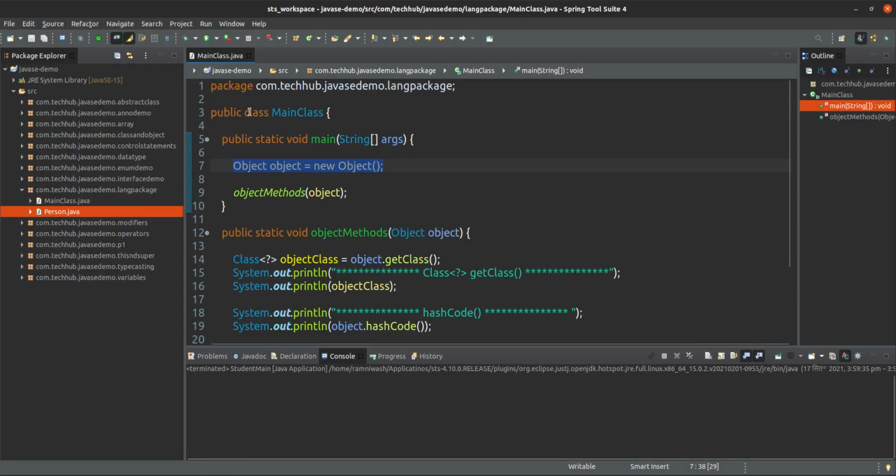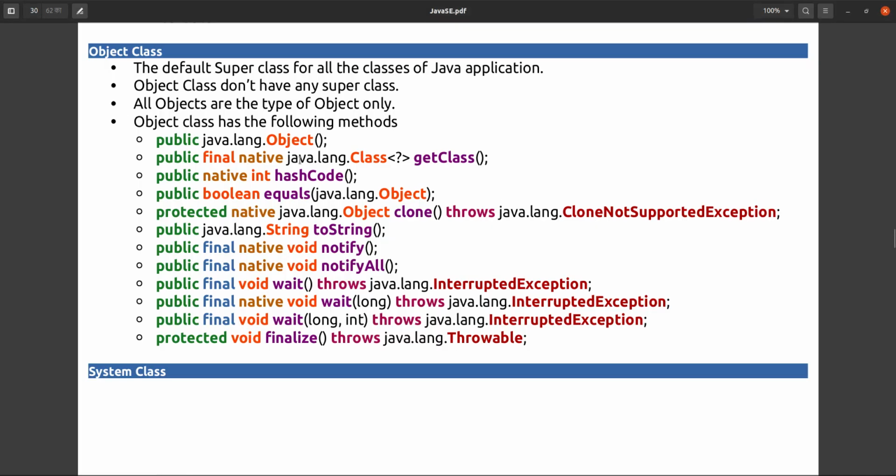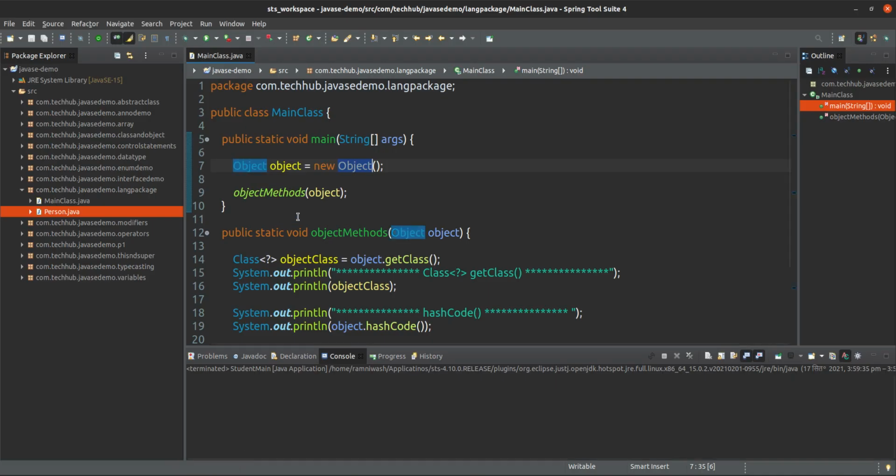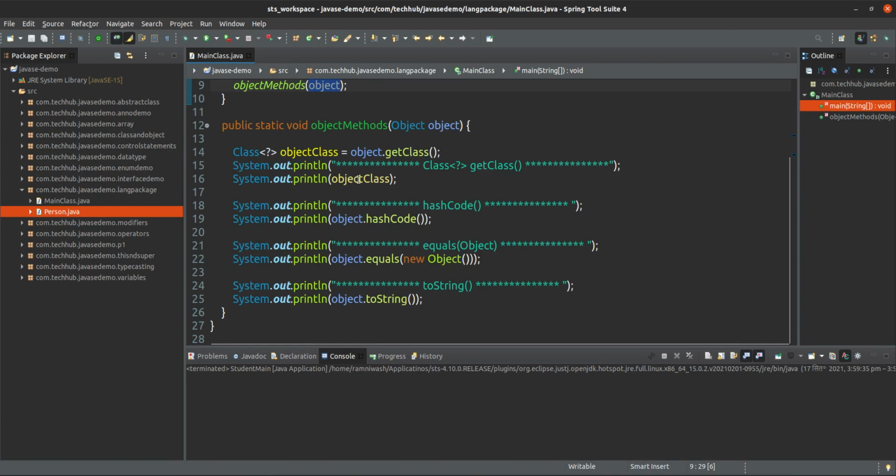So first I have just created here one Object class instance. You can create an object in this way, because the Object class has a constructor with no parameter. So I'm calling that one and creating the object. After that I am calling the methods like the getClass method, hashCode method, equals, and toString method.